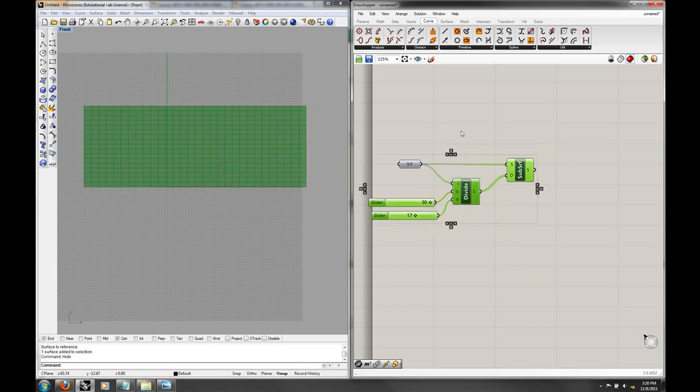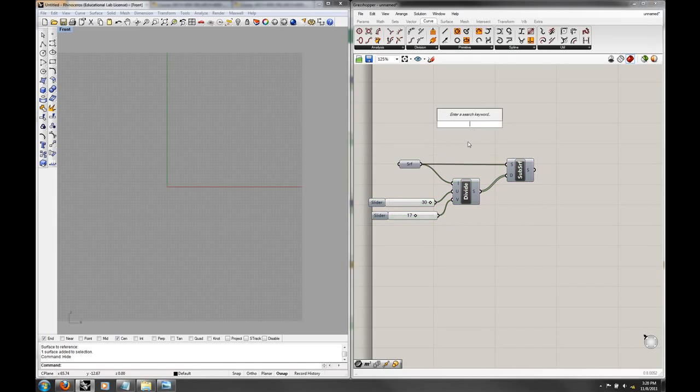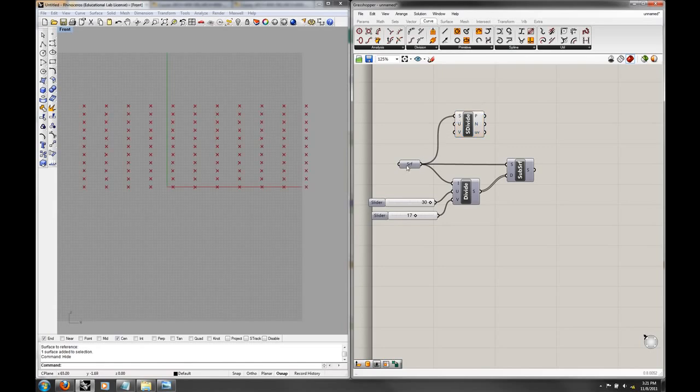It's different than what I showed you before. If you looked at divide surface, this is one way of looking at it, and it gives us a series of points, but it gives us points on all the edges. And if you want to put something on a surface, or cut something out of a surface, or project something from a surface, those edge points aren't going to do us a whole lot of good. If you want to use the surface as a way to just distribute something, then maybe that's useful. So, but it's different than if we would take our surface here,